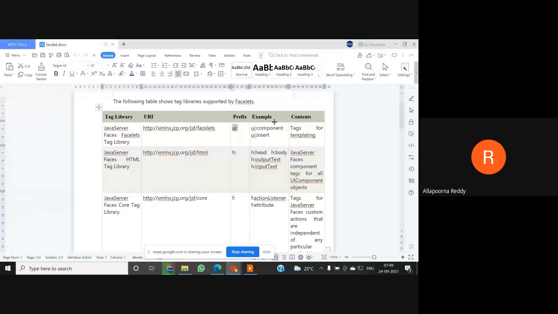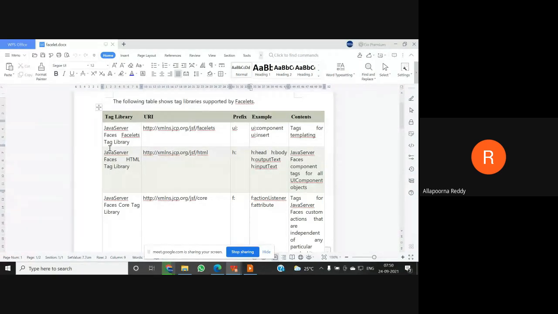Just now we discussed that. And how I can represent prefix followed by the attribute which I'm using in my tag library. Component insert is an example. If I want to use my HTML tags, which already exist, I need to go with the prefix H. Yesterday we did one example, right? H input text, H output text. What is the H there?